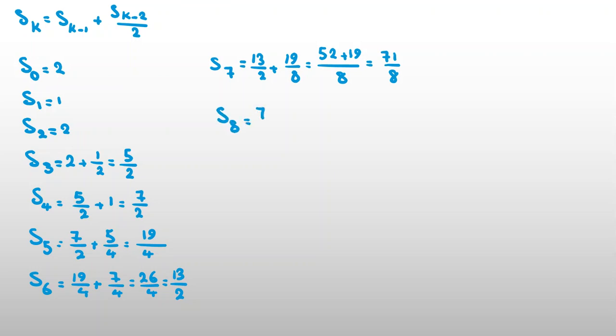S8 is 71 over 8 plus 13 over 2 over 2. We should use a common denominator first, 8: 71 plus 26 will be 97